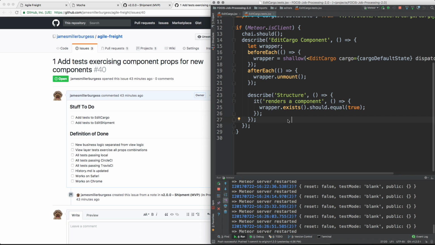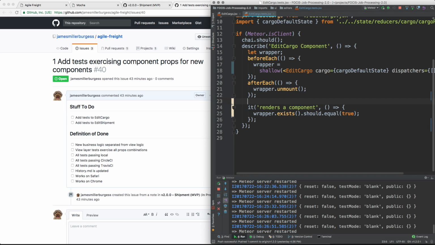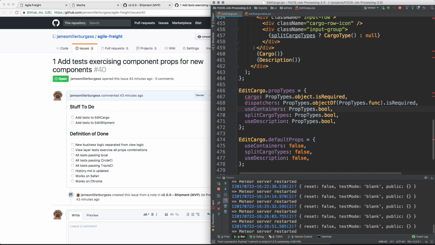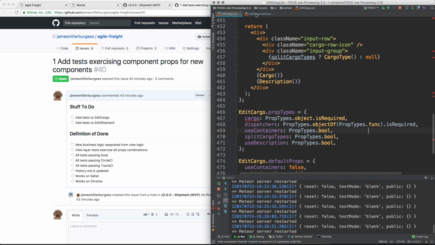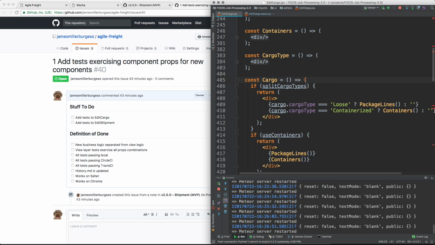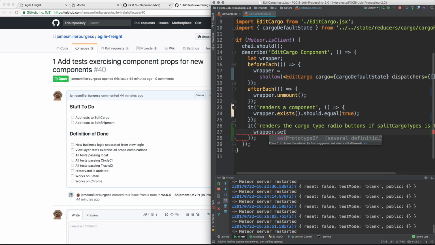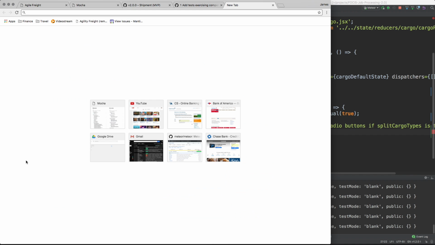In this episode, what I'm doing is the first card in my sprint, which is an NFR, non-functional requirement. I am adding some tests to some visual components that I have, primarily the cargo component. The cargo has a couple of different modes and settings. What I will do is add a test for each specific set of settings and verify that the correct